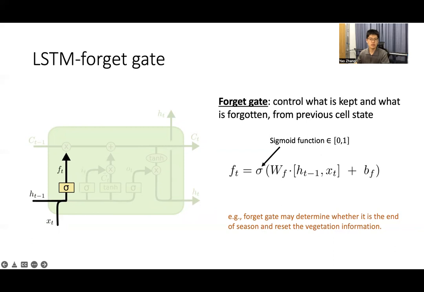The sigmoid makes the outputs in a range between 0 and 1, which means how much the cell state is expected to forget. For example, the forget gate may determine whether it is the end of the season and reset